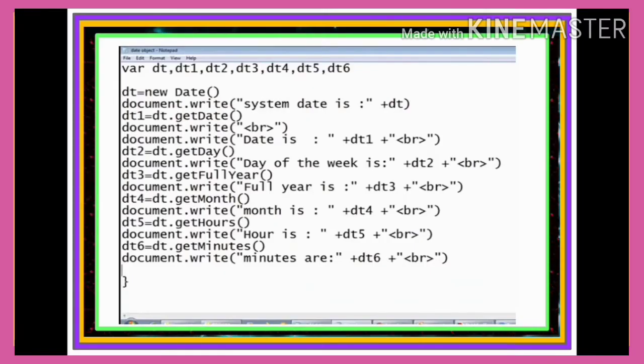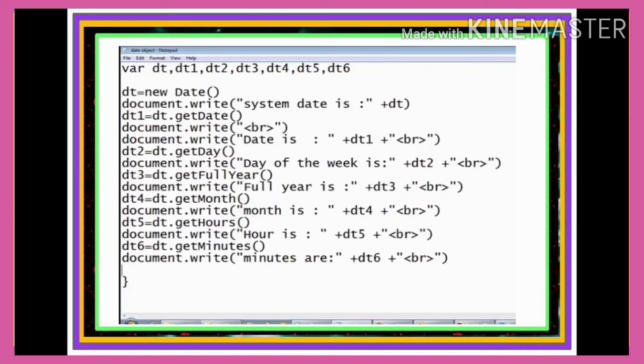Likewise, declare new 3 variables dt4, dt5 and dt6 to hold months, hours and minutes. In next line write dt4 equal to dt dot get month. Document dot write month is dt4.